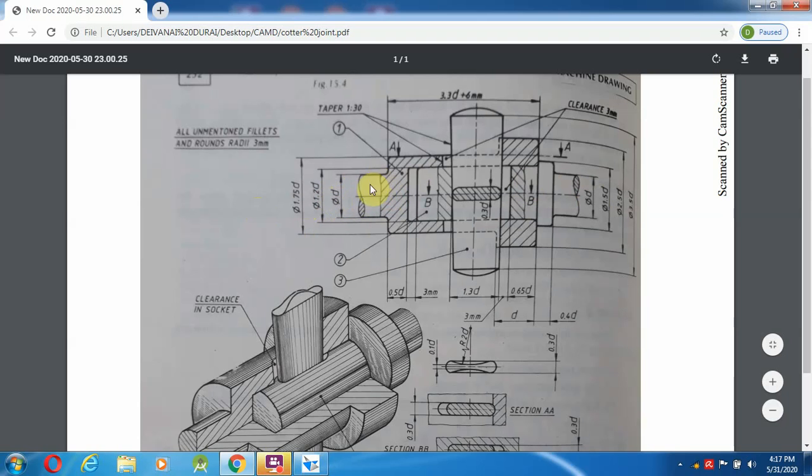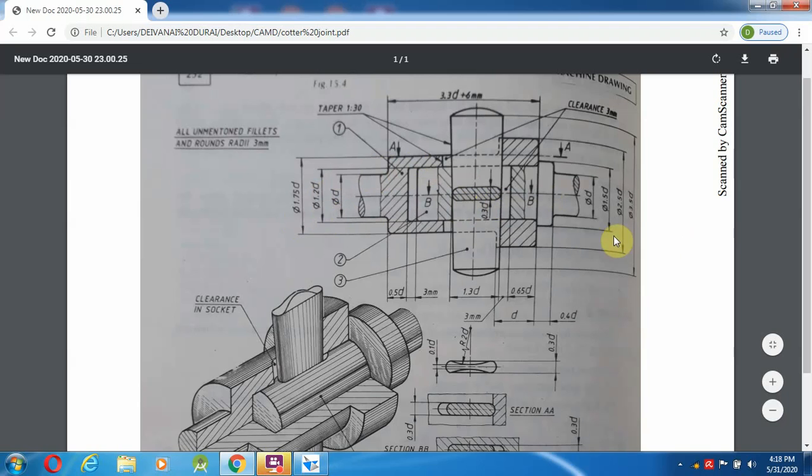For example, 1.2d means whatever diameter is given, we multiply it with 1.2, and like this we find the distance or diameter of the particular area.